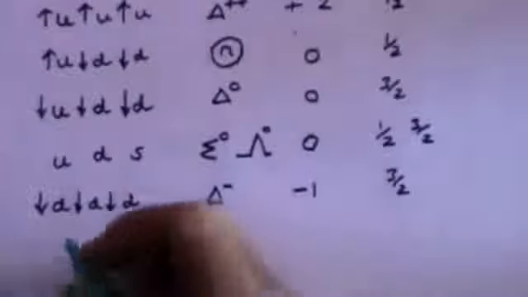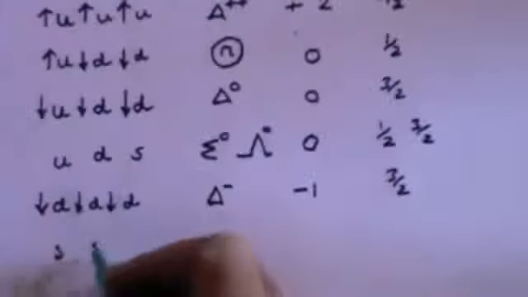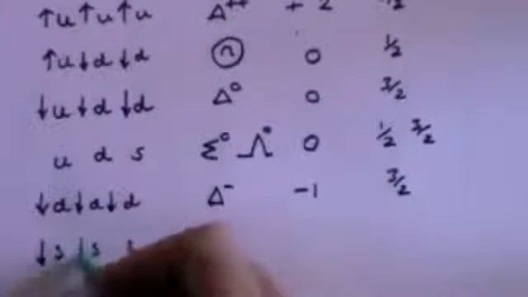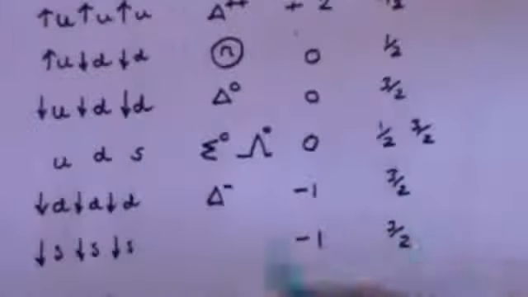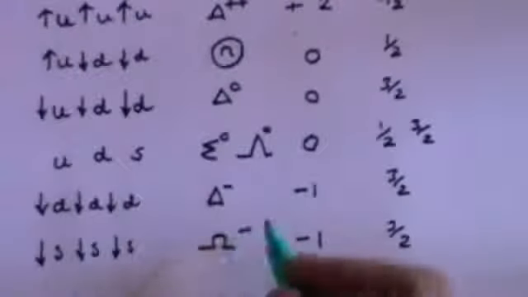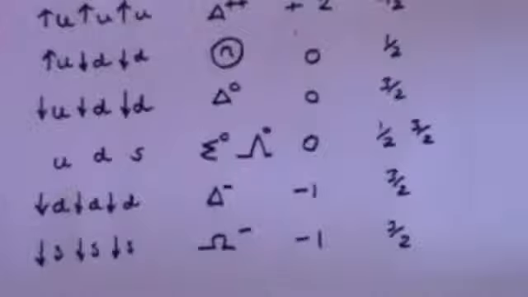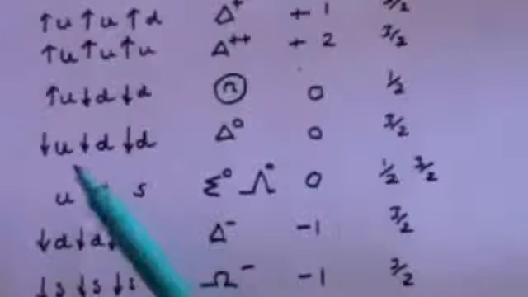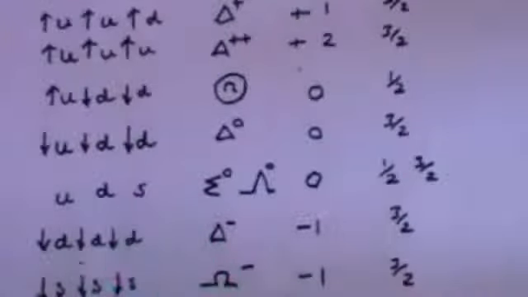Or you could even have 3 strange quarks all spin down. Once again, strange has the same charge as a down, so it's minus a third, minus a third, minus a third, gives you -1. The total spin is going to be 3 halves or -3 halves, and that is actually called an omega minus. And you can keep on just combining different categories of flavours of quarks to make different